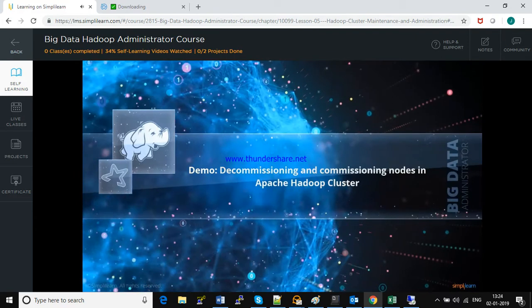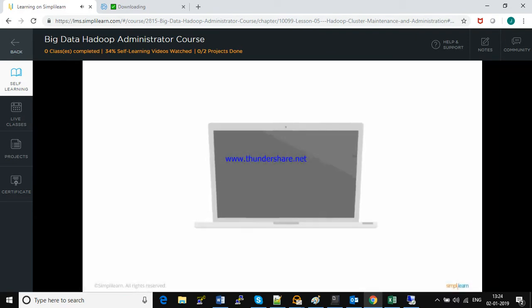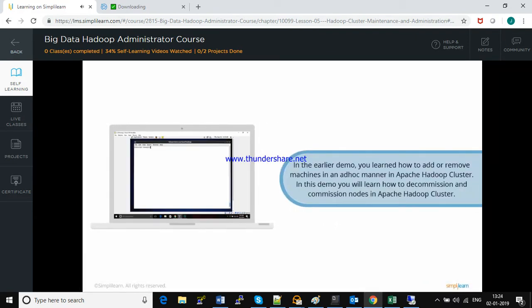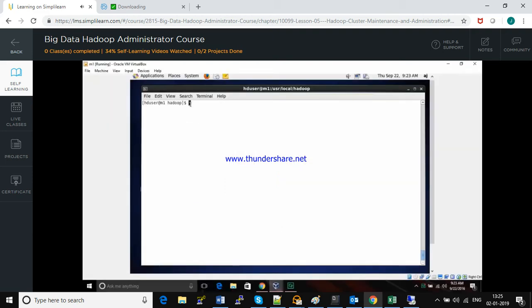Decommissioning and commissioning nodes in Apache Hadoop cluster. In the earlier demo, you learned how to add or remove machines in an ad hoc manner in Apache Hadoop cluster. In this demo, you will learn how to decommission and commission nodes in Apache Hadoop cluster. This is the systematic way, and it communicates with the name node in case a system fails or if systems are added. To start the cluster, type